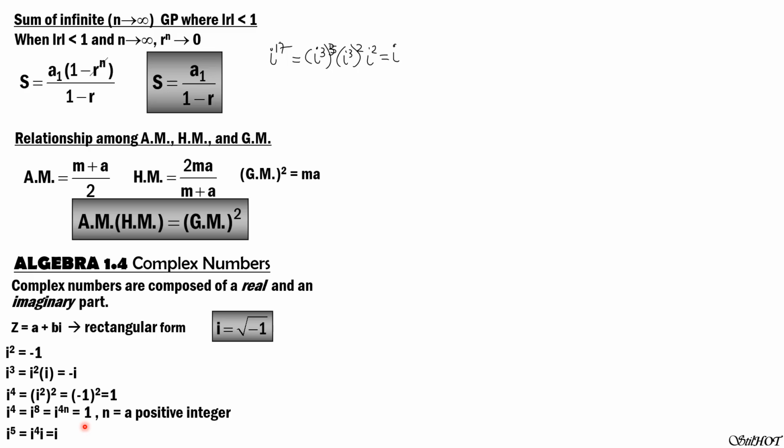So we use this Argand diagram in determining the terms involving complex numbers, especially for i. So we have here the real axis as the horizontal axis, and the imaginary axis as the vertical axis.